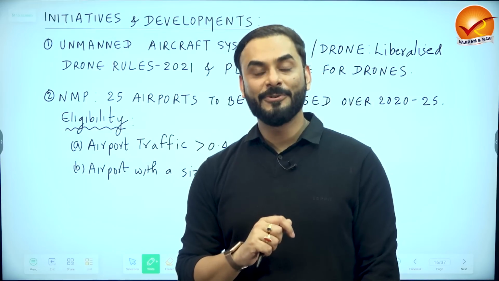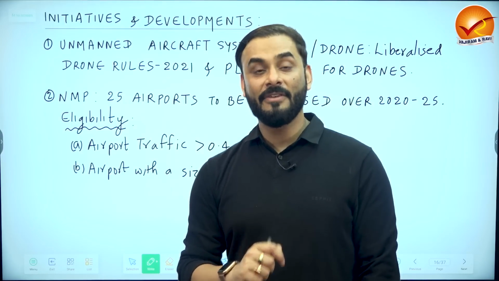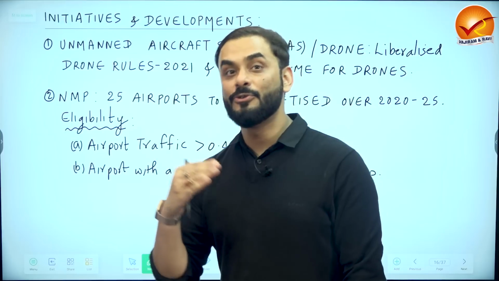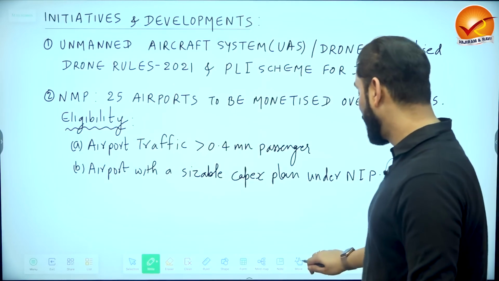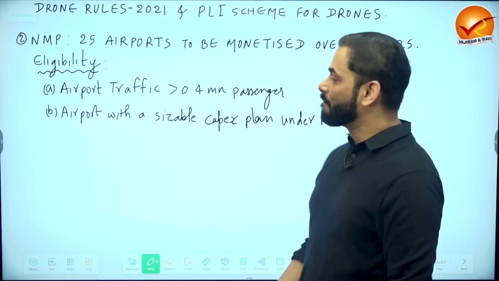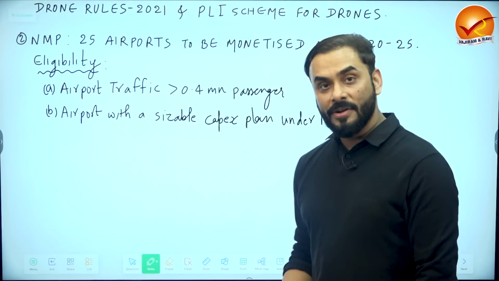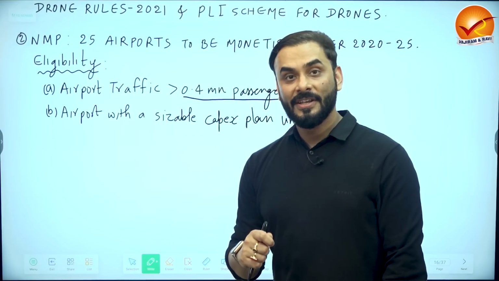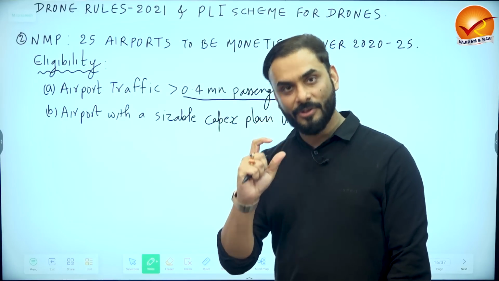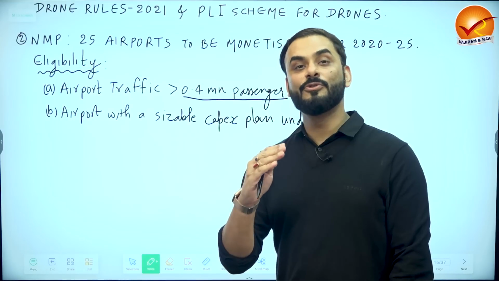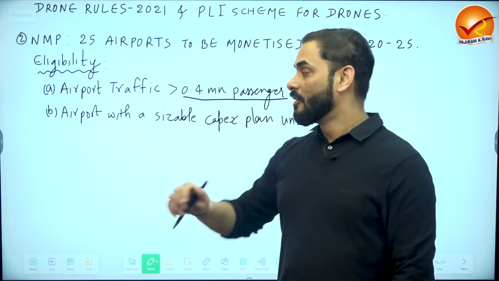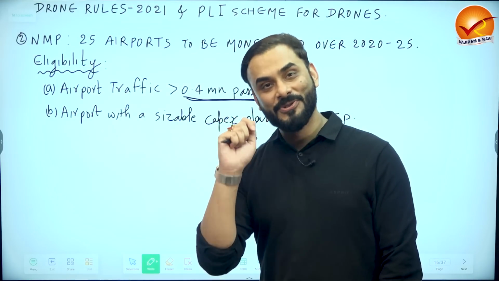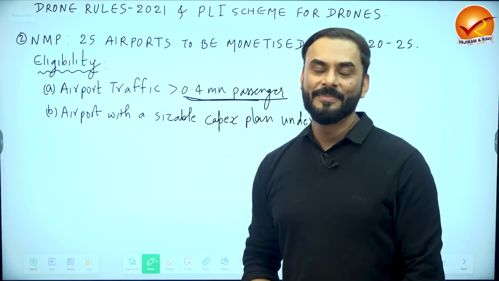An airport can be given to the private sector under the National Monetization Pipeline if it fulfills 2 conditions. So, 2 eligibility conditions. And guys, this can be asked in UPSC prelims. Number 1, the airport traffic must be greater than 0.4 million passengers. Which means that there is a certain threshold that this airport must be used by a basic number of people. So basically at least 0.4 million passengers must use that airport. Only then will it be given to the private sector for